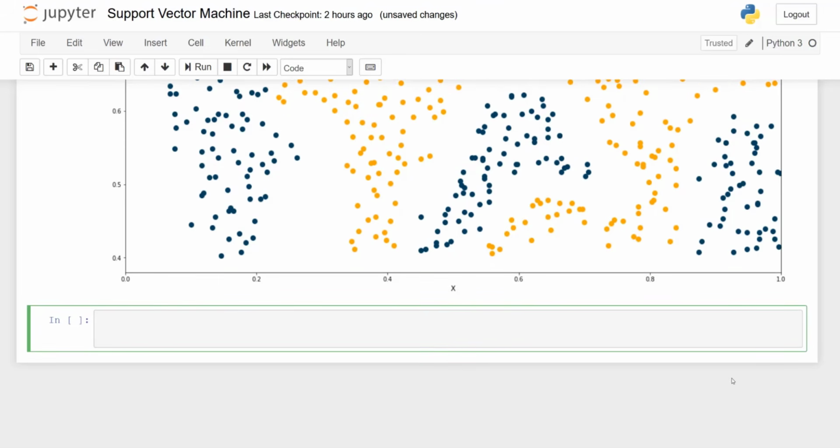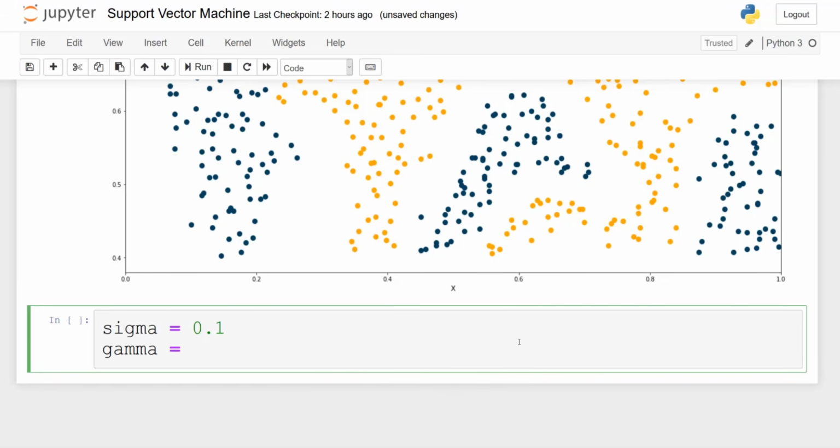For this example, we will use a radial basis function for the kernel. Here we must define gamma, which is a parameter that specifies how far the influence of a data point reaches. A low value means very far, and a high value means close. And you can express gamma in function of sigma. So let's define sigma as being equal to 0.1.